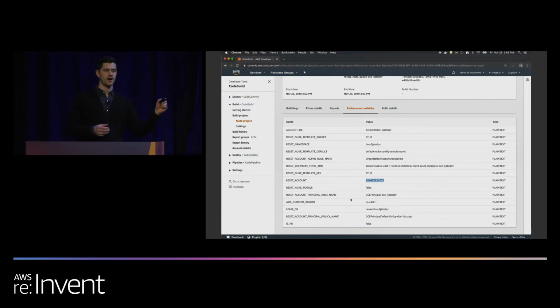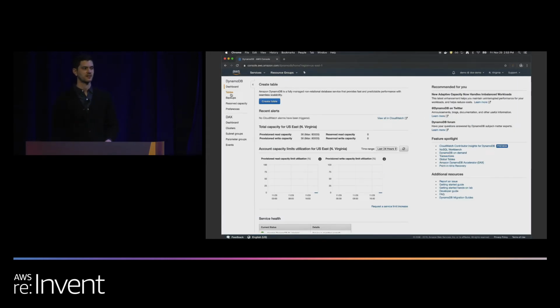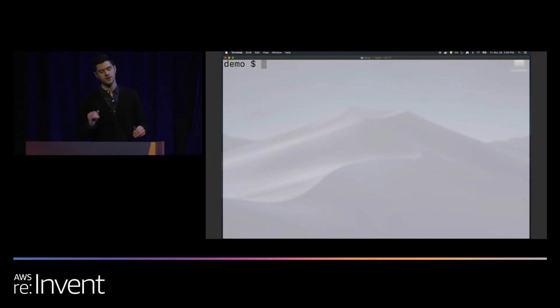But here, if we look in the environment variables for that CodeBuild, we can see that indeed it reset that 4233 account. So now we're ready to go. The account is in there. So if we wanted to actually give it to a user to lease, we can do that in just another